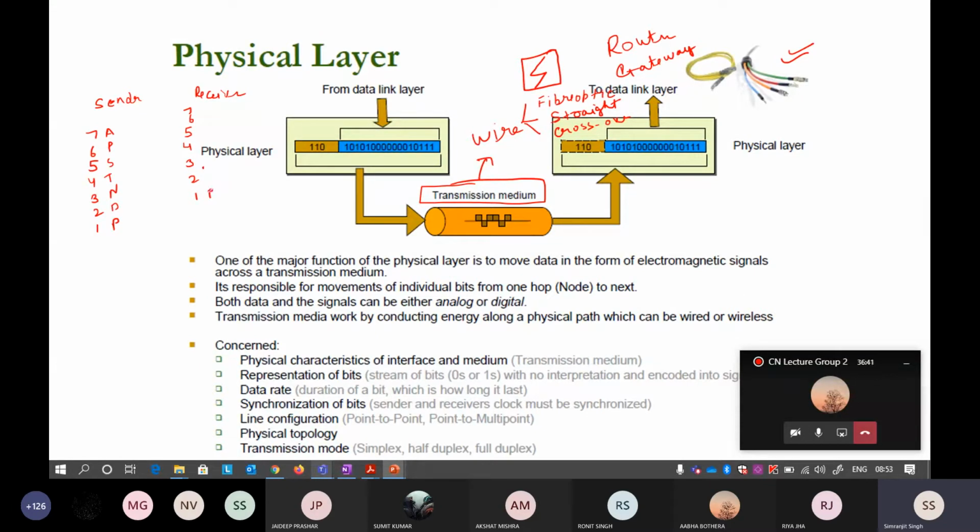PDNTSPA. Again I write it, PDNTSPA. P means physical layer, data link layer, network layer, transport layer, session layer, presentation layer, and application layer. So when you are a sender, when you're sending some signals to the receiver, what happens is